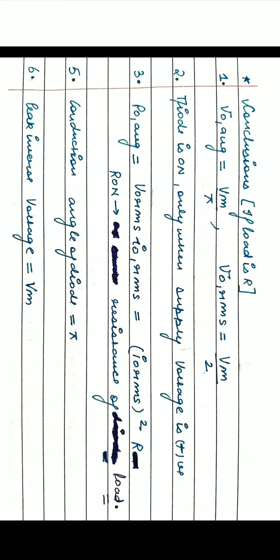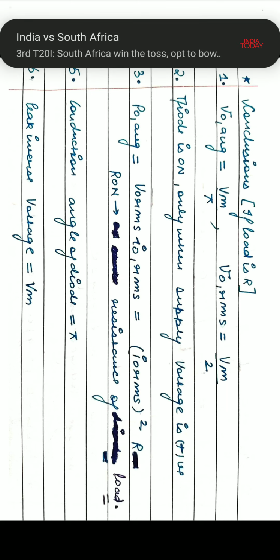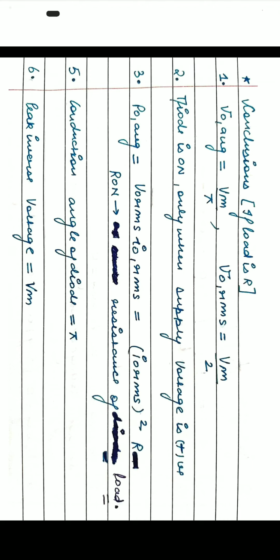Whenever we talk about how much power is consumed by a battery, we talk about the average values. Here we are talking about power consumed by the resistance, so we use RMS values. So P naught average is equal to V naught RMS into I naught RMS,